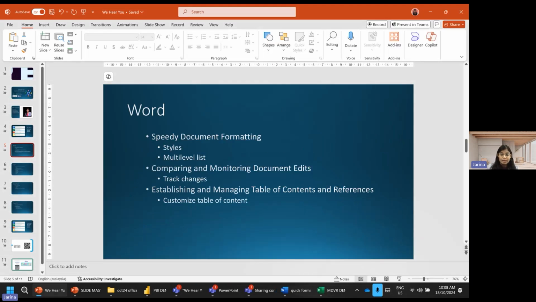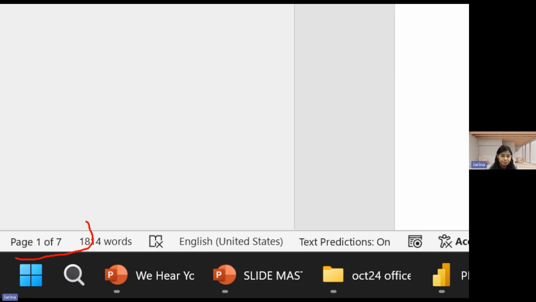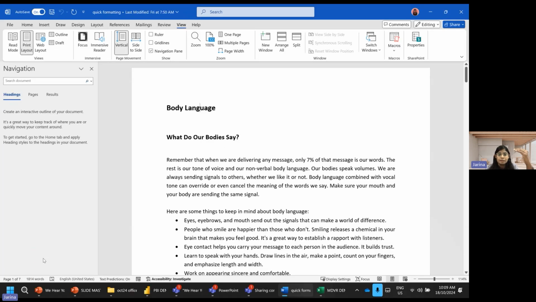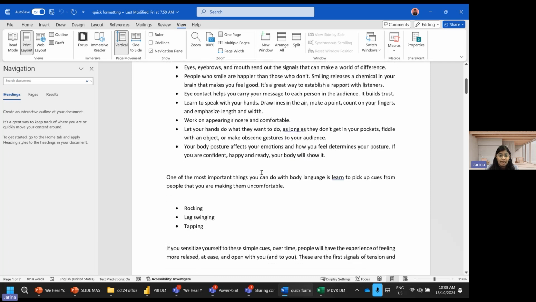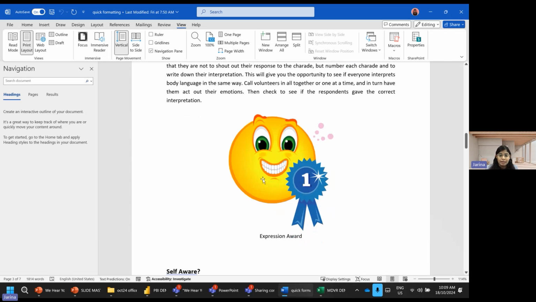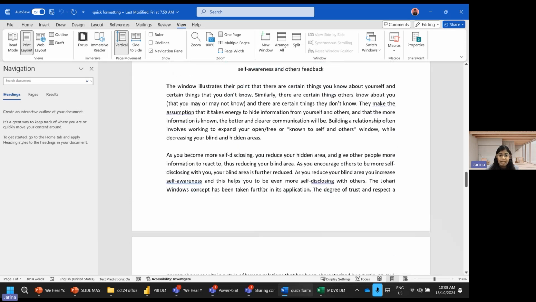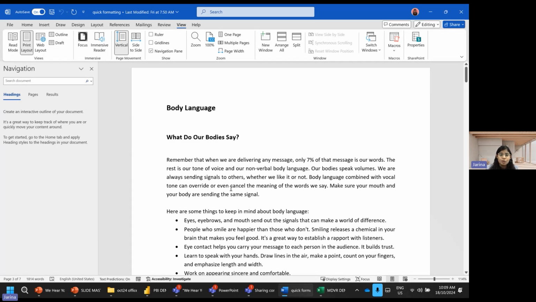Now I have this document, which contains 7 pages. I have done the title and also a subtitle. My main title here is body language, and the subtitle is what do we do, body overseas. When I go into the document, I notice there are more subtitles and headings. But if I want to use the table of contents,